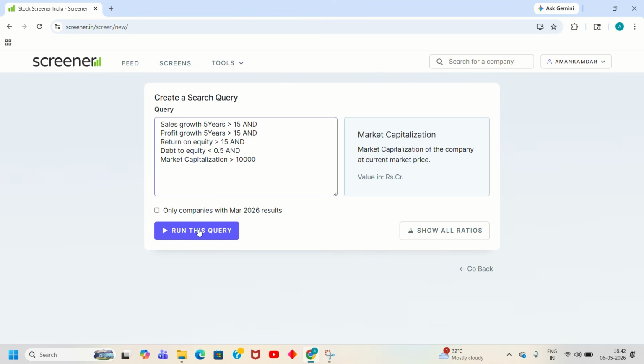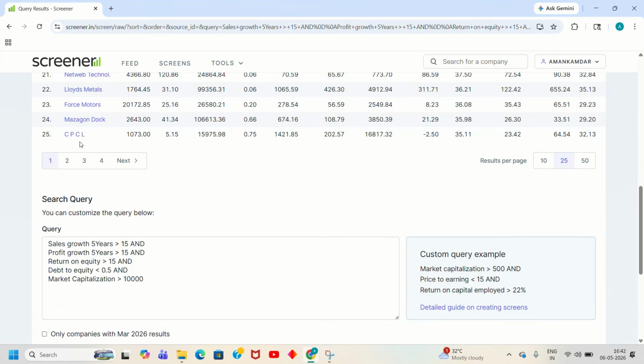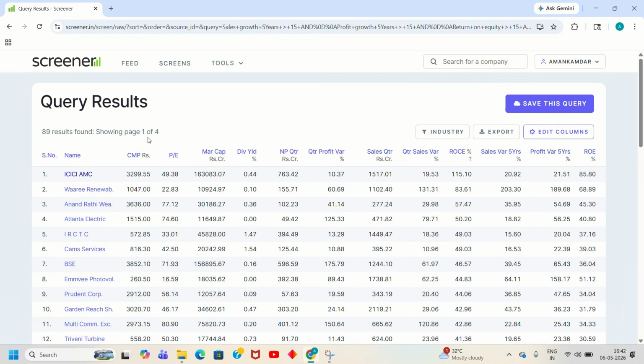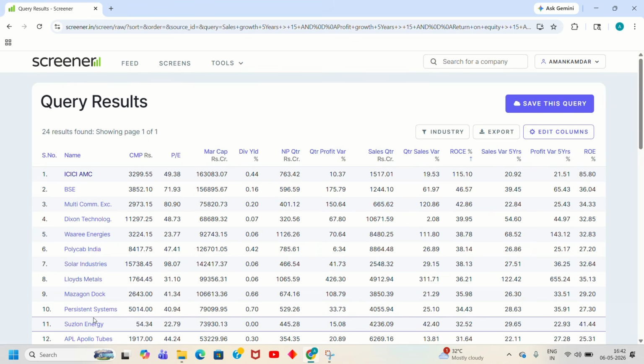Now we will be running this query. So these are the results. As we can see, there are 89 results found with the help of the filters that we have entered. As these consist of 4 pages, we would be slightly updating our filters as well. So this market capitalization from 10,000, we would be making it 50,000, so that we can narrow our list of the companies. So now here are 24 results finally with the 50,000 crore market cap, and with the criteria